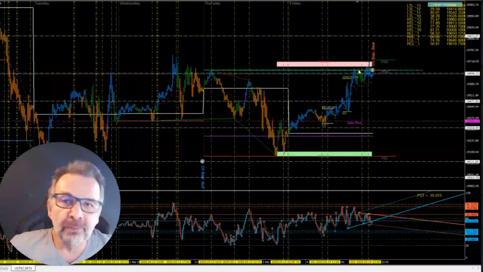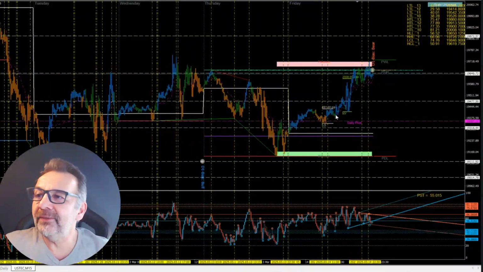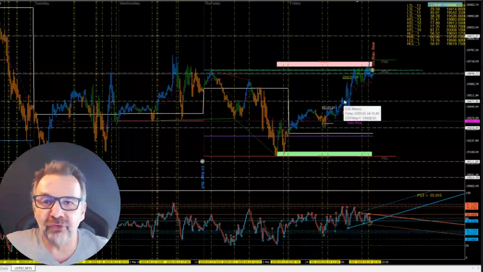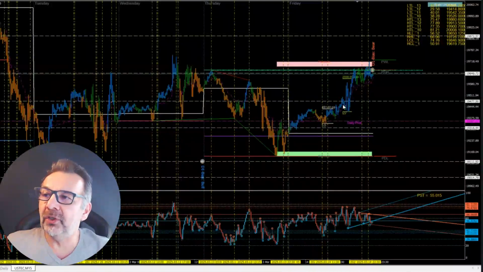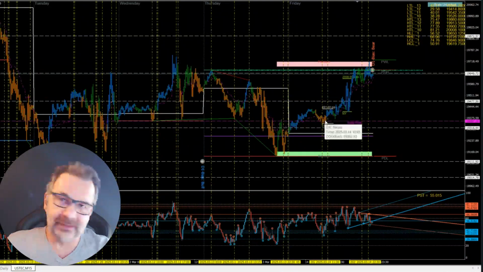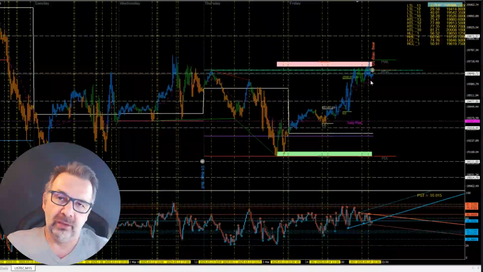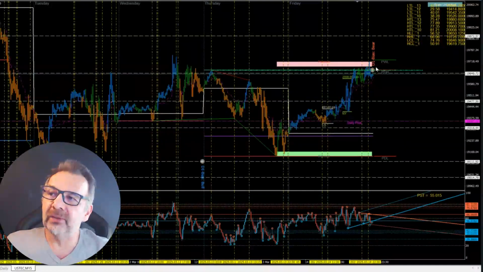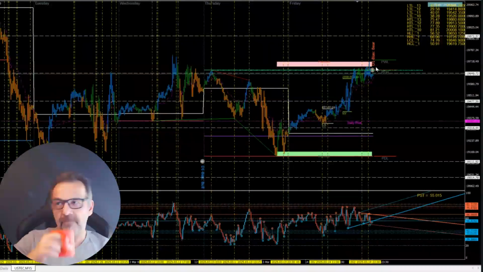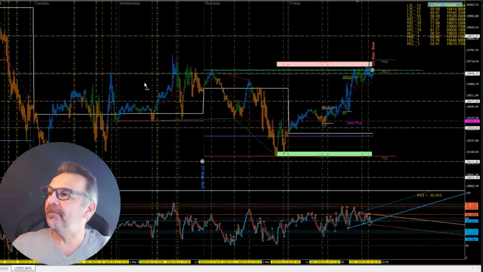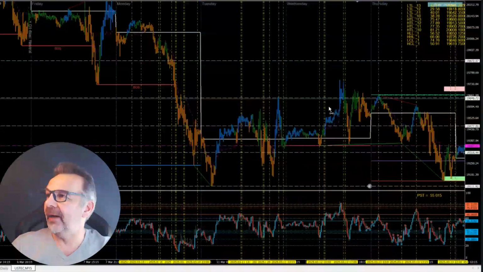Why is this important information? Because if you're in the trade, you don't want to leave the trade early. If you're in the game, you can cover the trade at 19,477 and say to yourself, you know what, I'm just going to push the stop up a little bit and that's it. And I'm just going to let it run because I've got time until 8:50 to closing. All right, so this is how beautiful timing can really help you out.